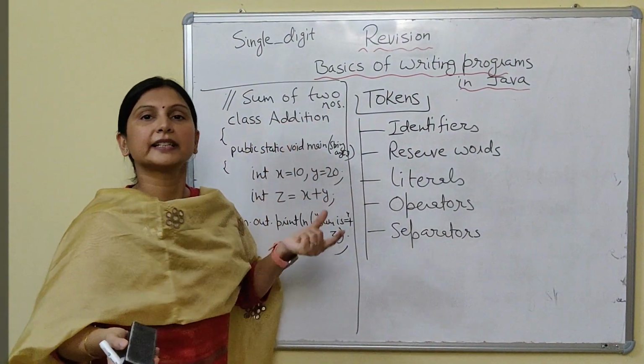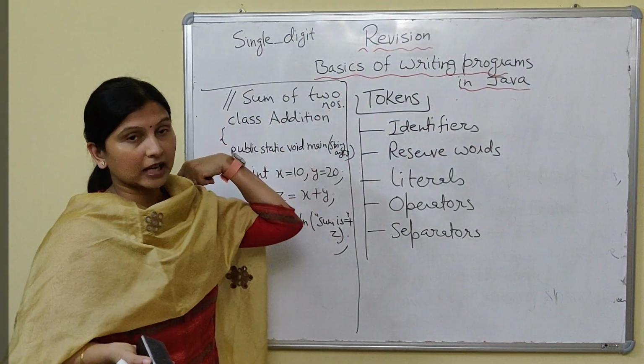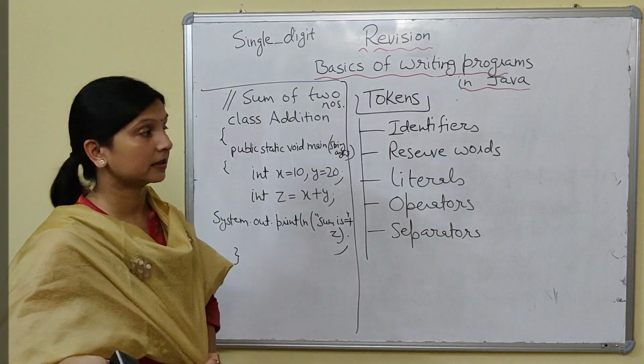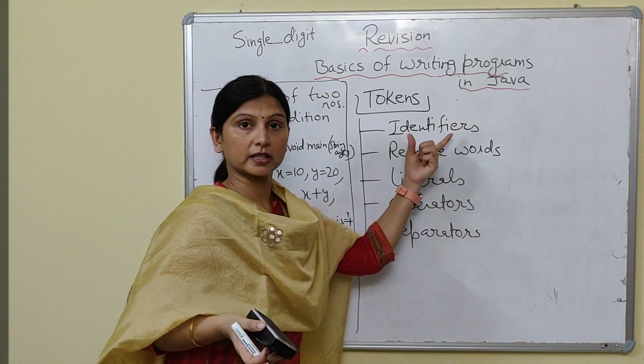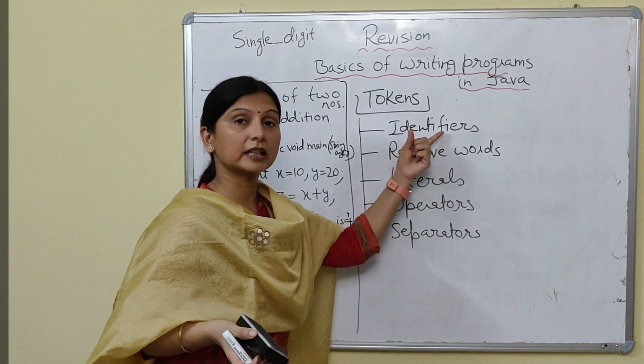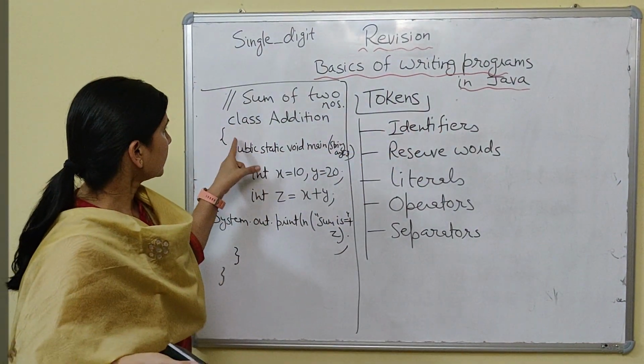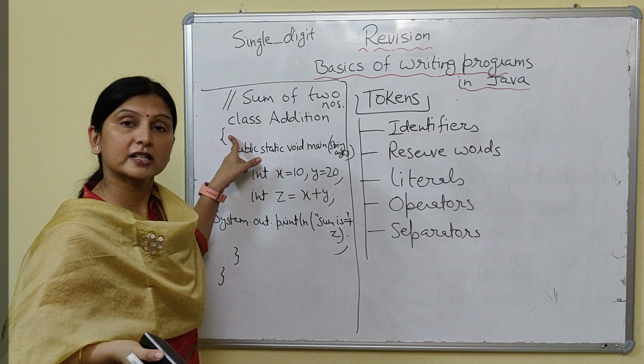Then addition. What is addition? It's a class name. So class name comes under which category? Identifier. So this is also a token. Which token? Identifier. Fine. Then opening braces. This is also